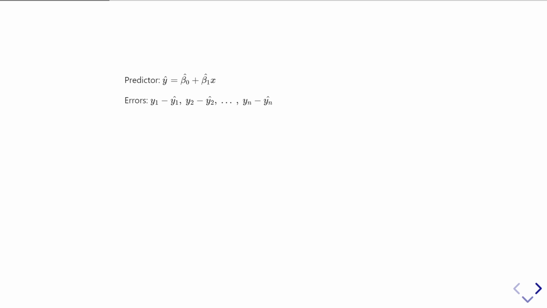But actually, looking at errors this way is not that great, because you may have cases where your true value is greater than your predicted value or vice versa. So when you sum up all of your errors this way, if your error is low, that doesn't necessarily mean that your model is performing well, because you may have very large positive errors and very large negative errors, and they just end up canceling each other out. So in order to fix this, we square the errors,